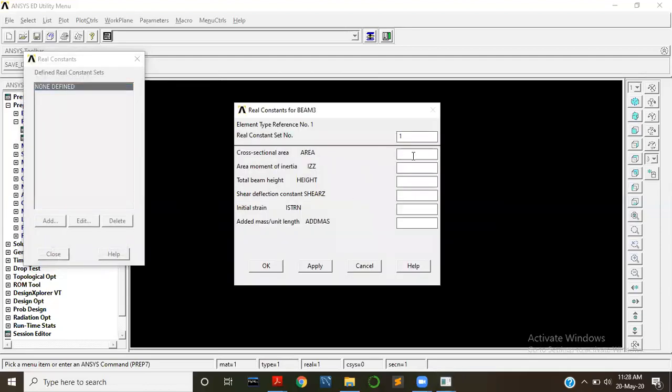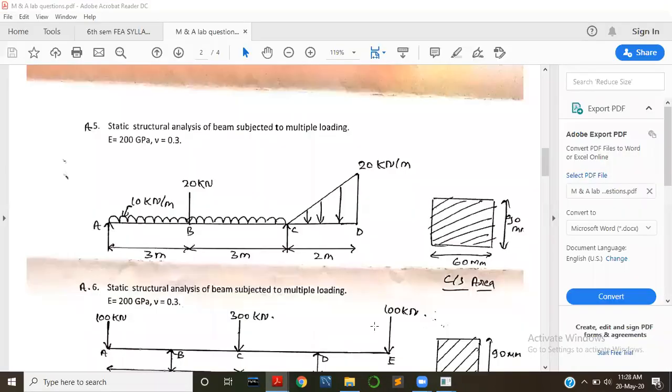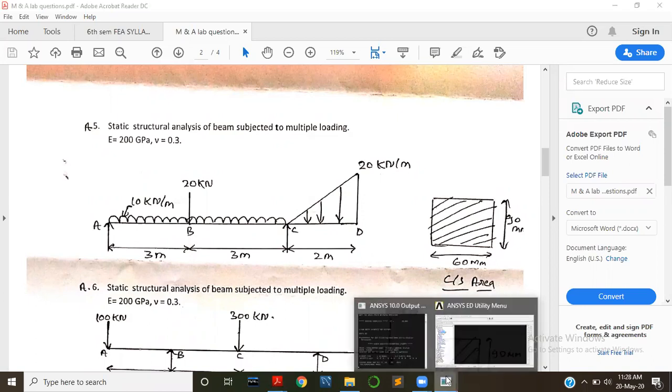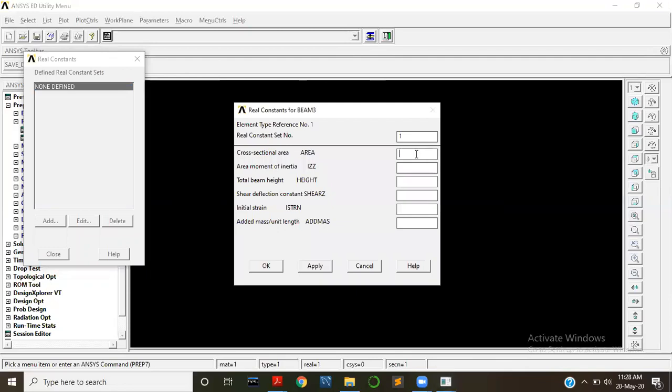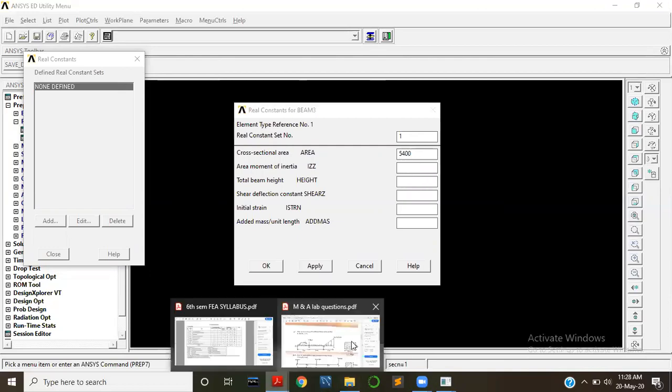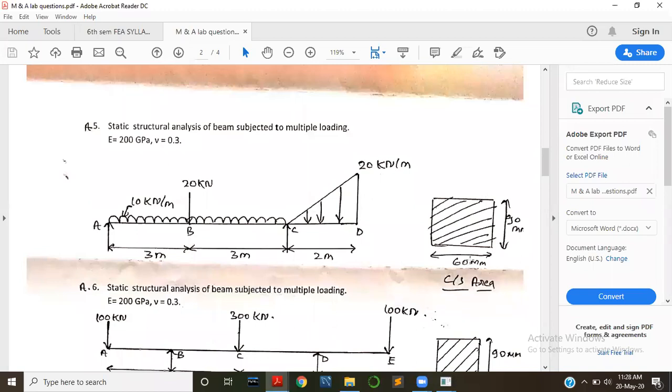Now define the area. Given in the question, it is a 60 by 90 cross section. So area is equal to 60 times 90, that is 5400. And then moment of inertia for the rectangular cross section, we can use b h cube by 12. That is 60 times 90 cube divided by 12.